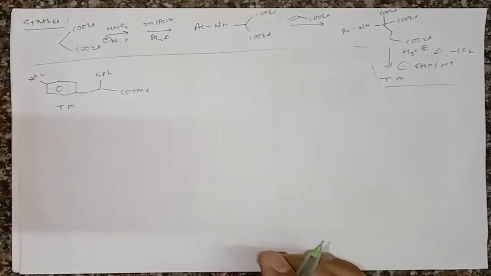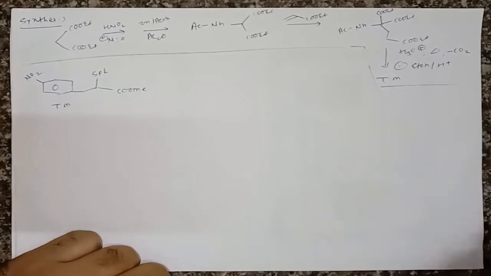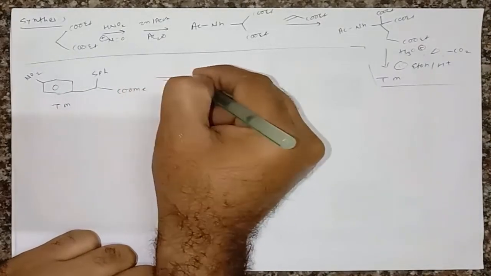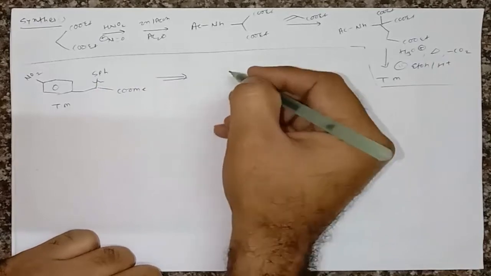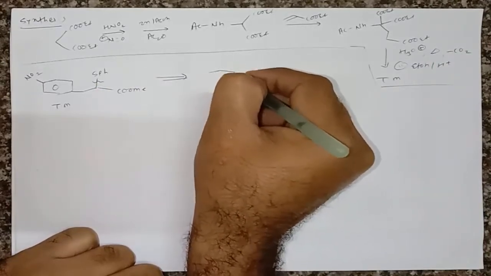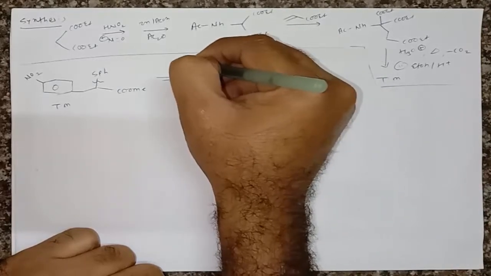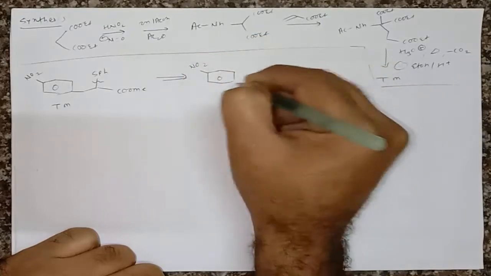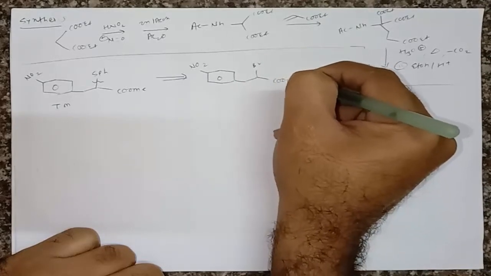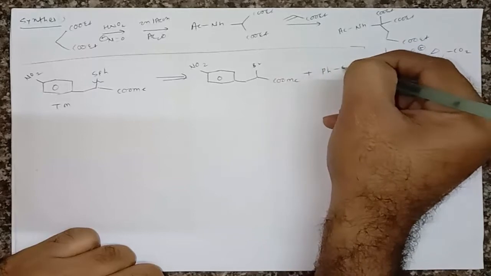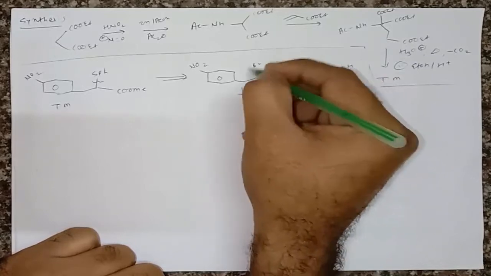Here is one more target molecule containing polyfunctional groups, that is an aromatic ring containing an NO2 group as well as SPh and COOMe groups. Now here we can replace this SPh. That is called a thiol. If an aromatic ring contains an OH group, we call it a phenol, but if it contains an SH group it is called a thiol, right? So we can replace this thiol with Br, and the remaining molecule will be the same. That is PhSH, so this is a thiol, right? So this molecule is also prepared by replacing this bromo group.